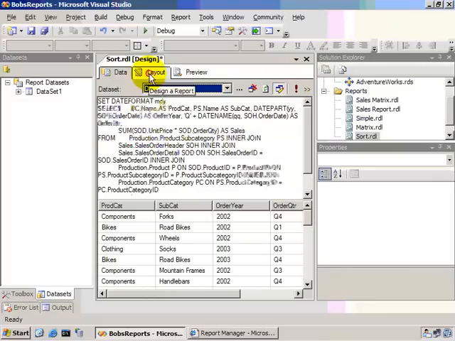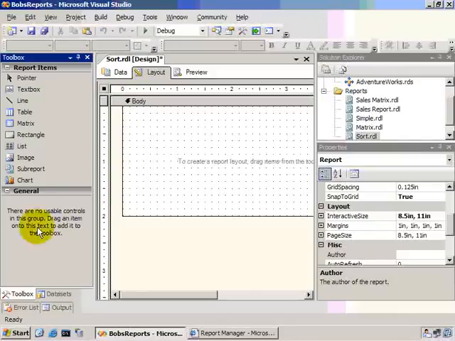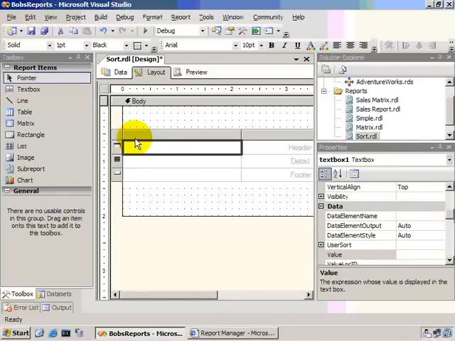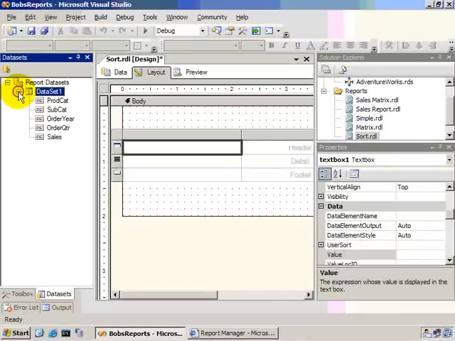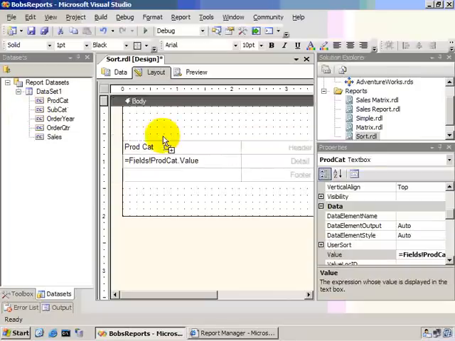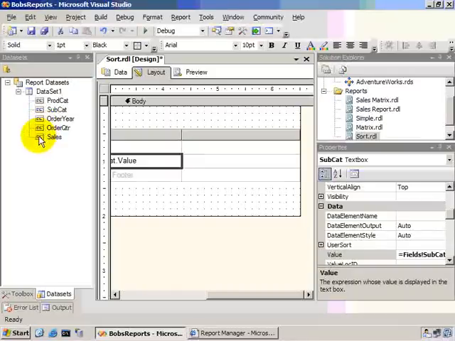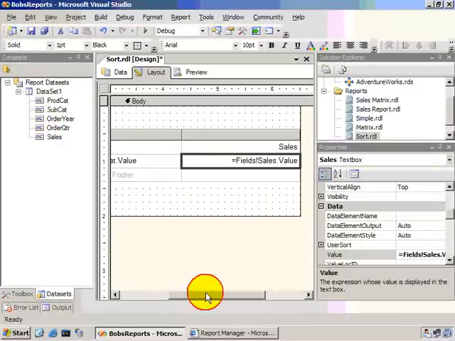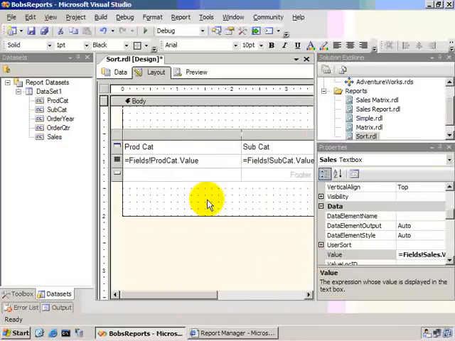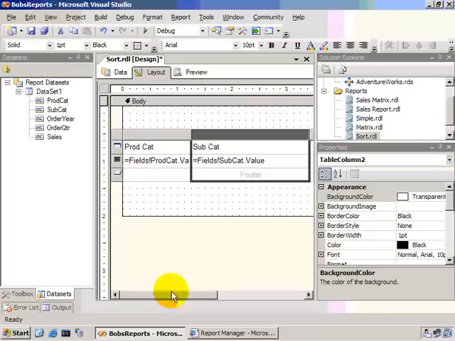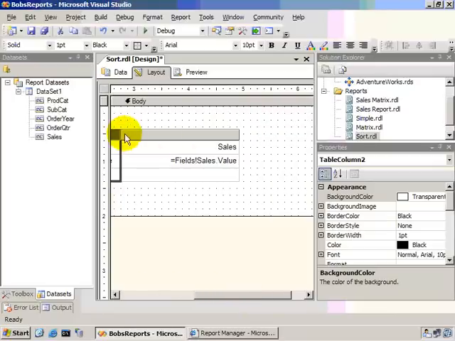Excellent. I'm going to go to Layout, and I'm going to drag and drop a table onto our design surface, and then within our data set I'm going to select product category, the subcategory, and the sales as well. And so what I'll want to be able to enable is the sorting by the product